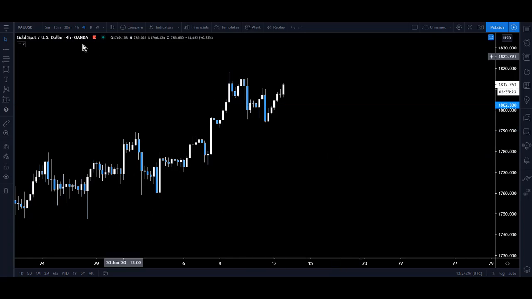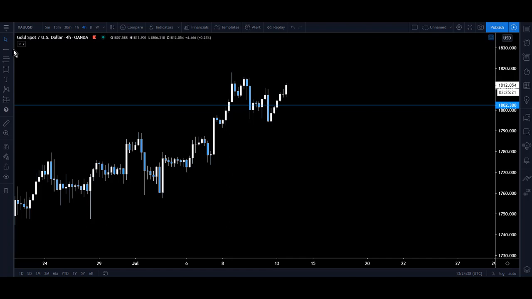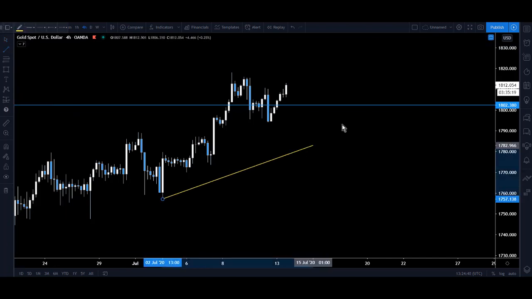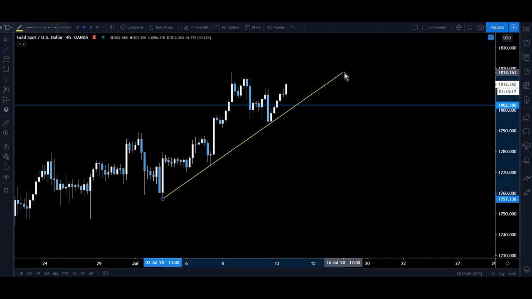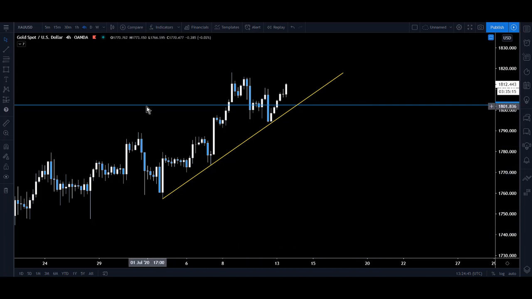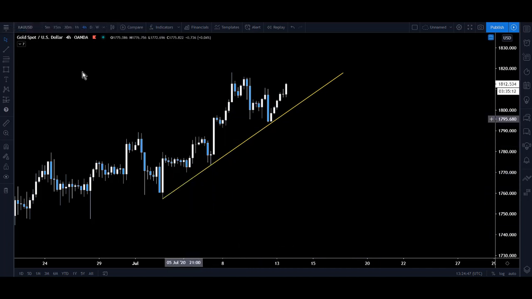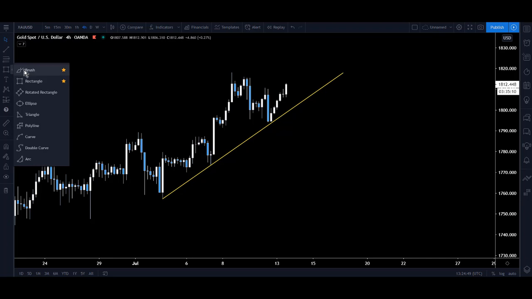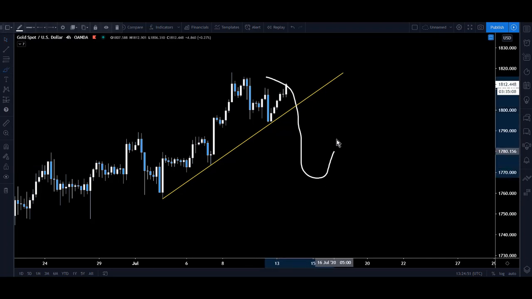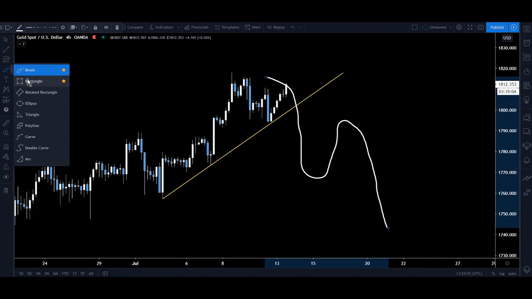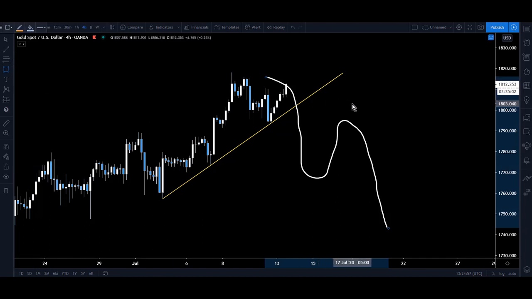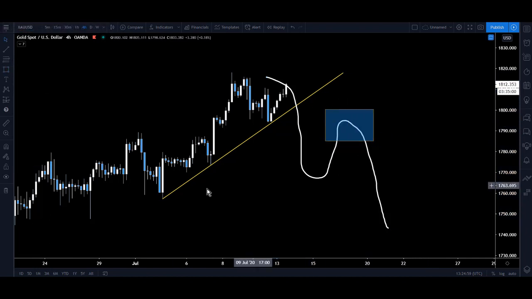If you're not in this trade at the moment and you're interested in selling, just have some patience, sit on your hands, wait for that change of cycle, and look to get in on the first lower high. So you're looking to get into the trade here. You're waiting for it to change cycle, make a new low, pull up, look for a bearish candle